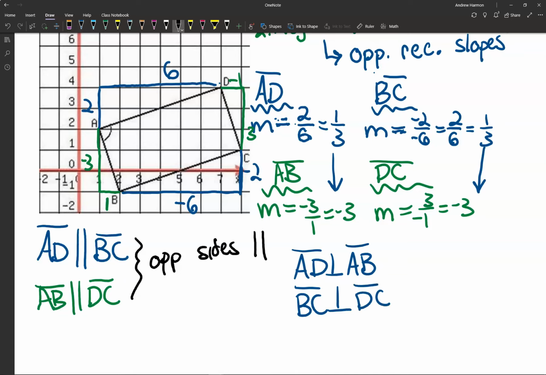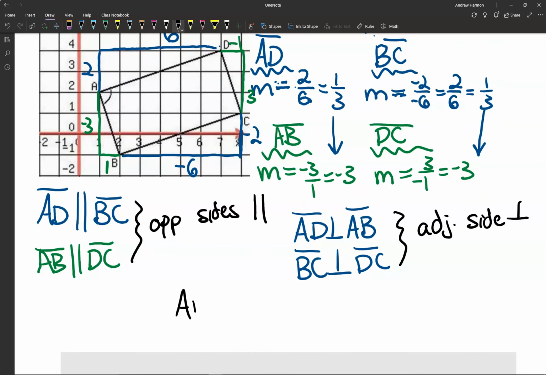And since that is true, that proves that the adjacent sides are perpendicular. And with that being true, we can then say that ABCD is a rectangle